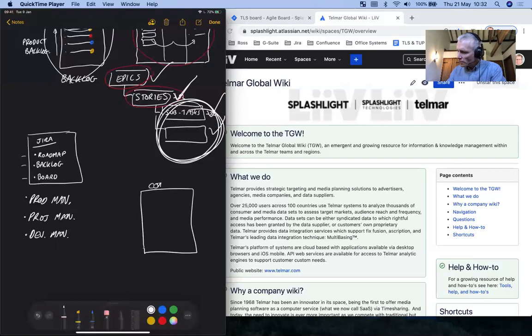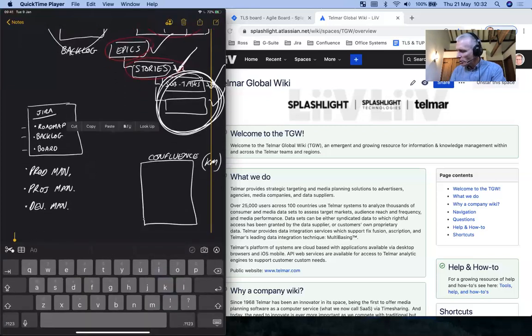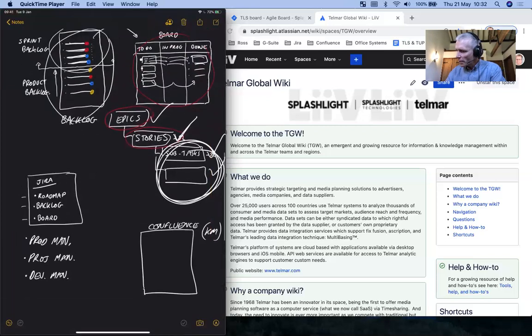Confluence, on the other hand, let's call it knowledge management. It's a wiki, so it's like a series of hyperlinked web pages, and Confluence is where we really do the documentation. So if there's a story in the backlog, let's point to, say, this one up here. We can contain a certain amount of information on that story in the Jira ticket, in the story, literally in Jira. But once that story is done, that information is not easily accessible.